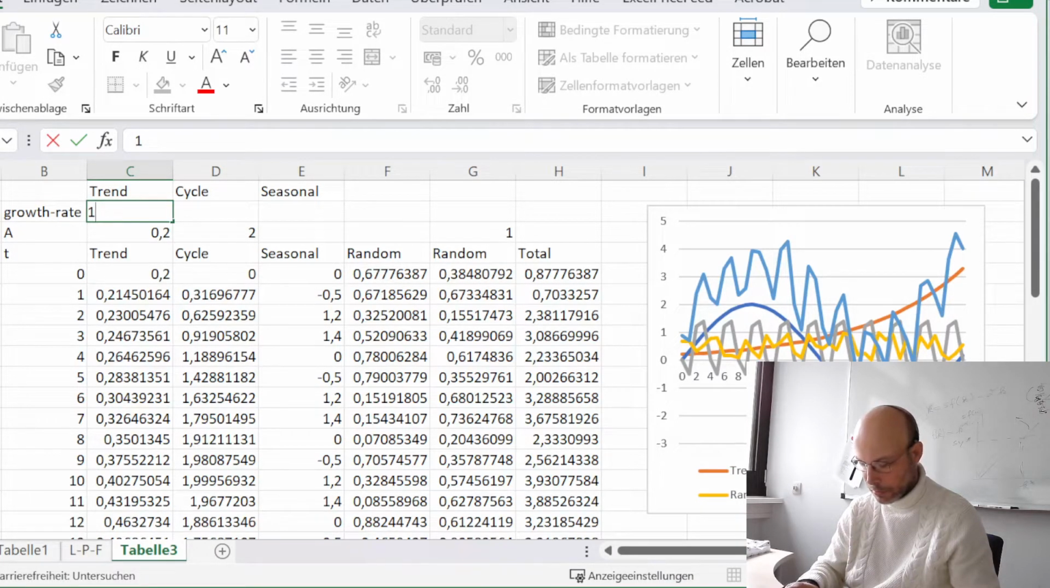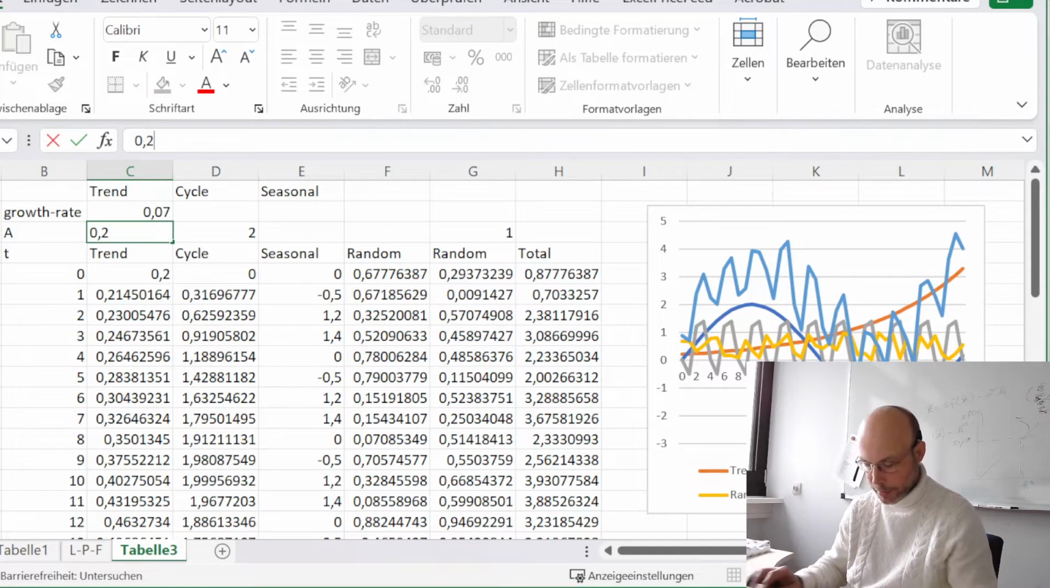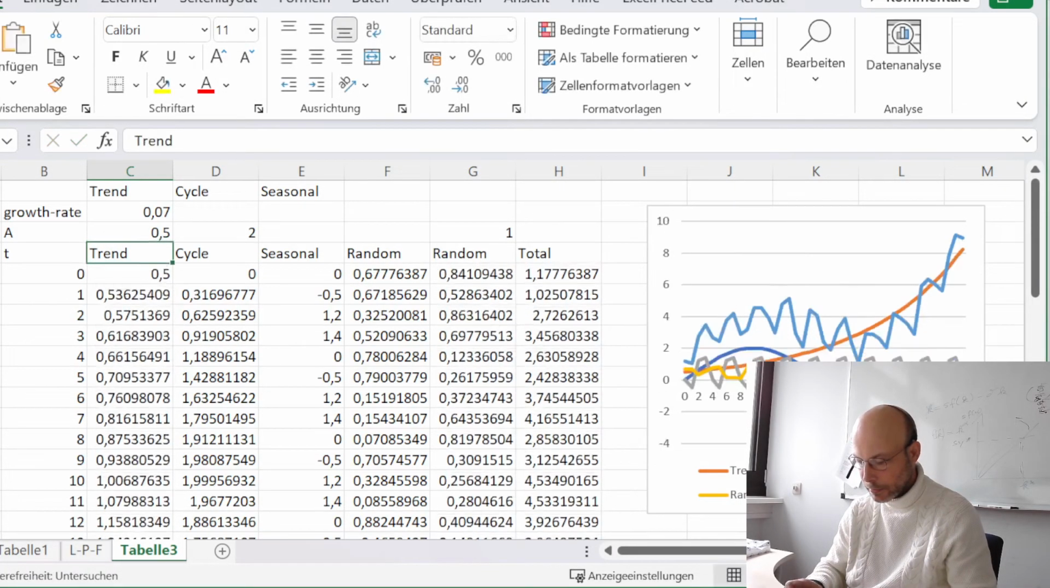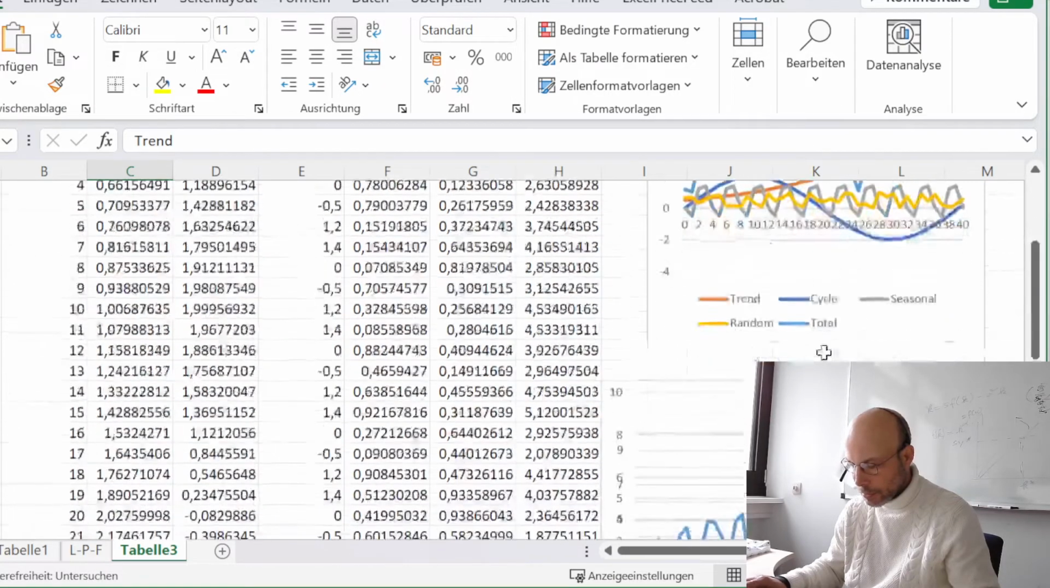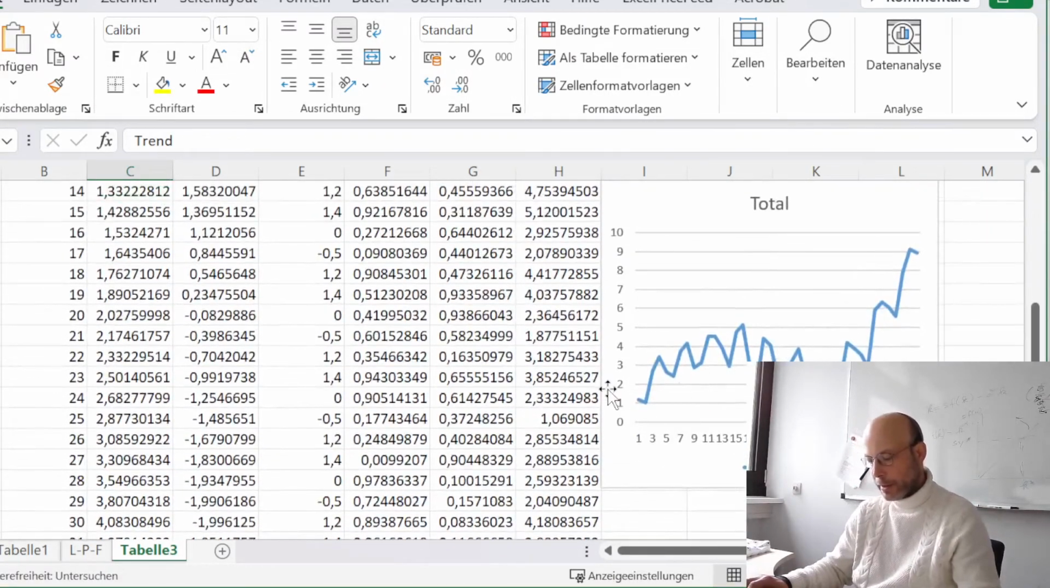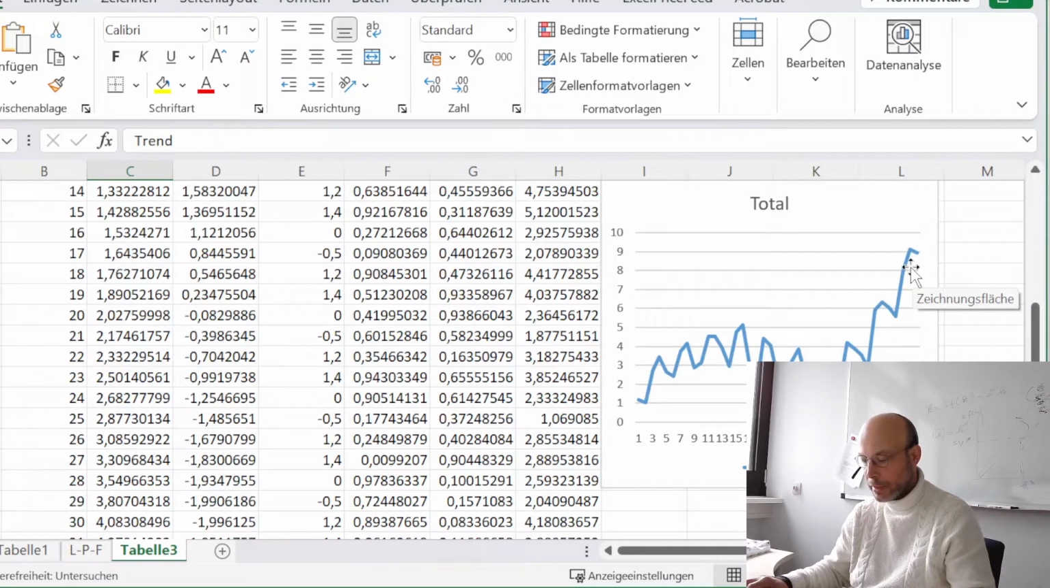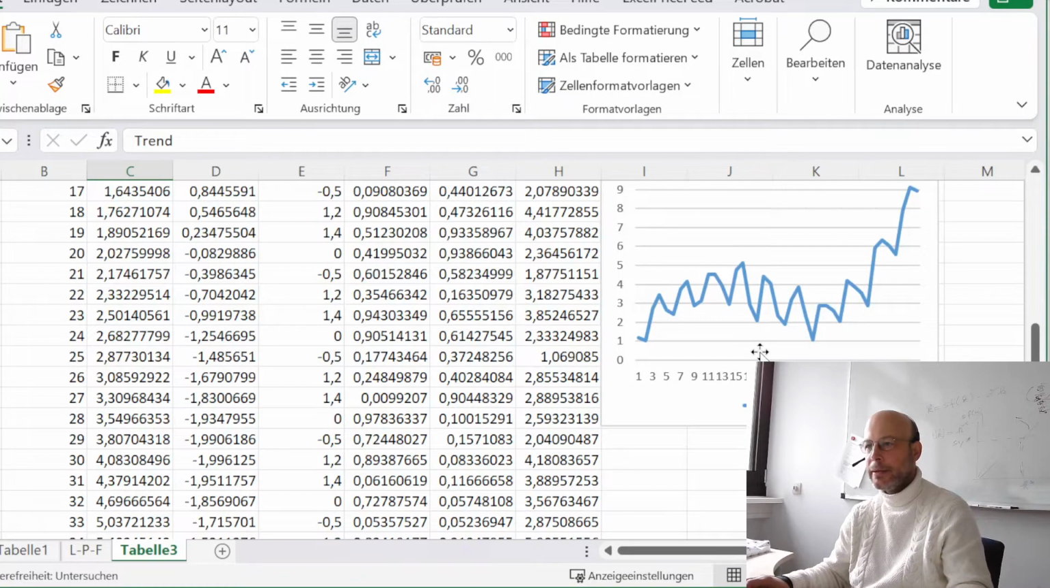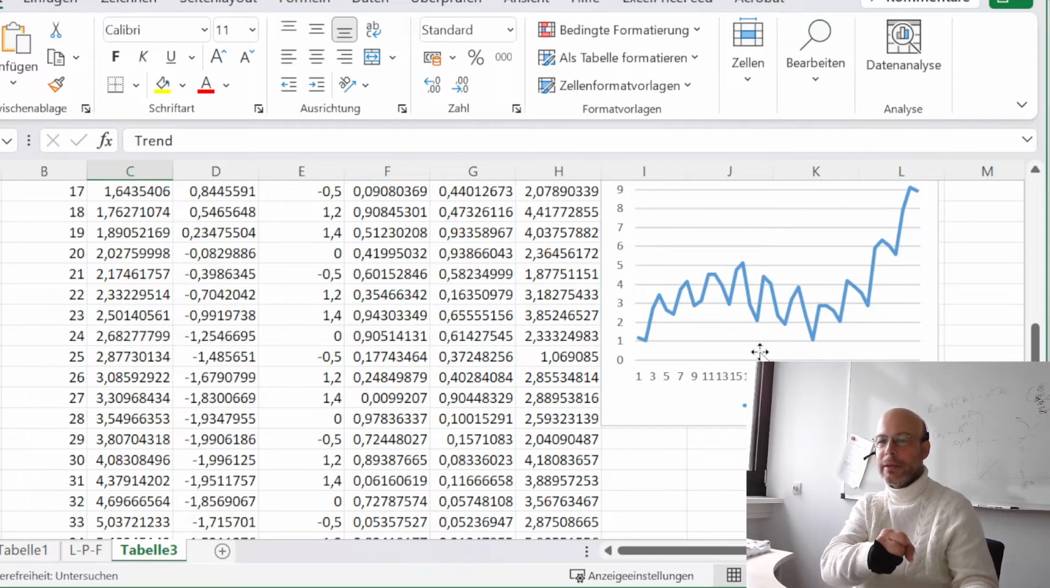Oh no, not a growth rate. This was 0.27. Maybe we can just increase our constant. Yeah, this looks maybe a little bit better. And so this could be then a time series, as I introduced it already, of revenue. And yeah, what I want to do with this exercise here,